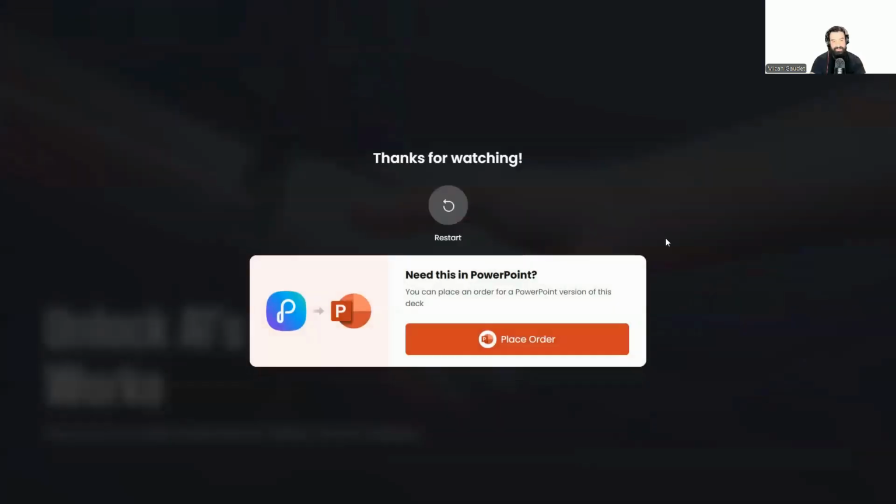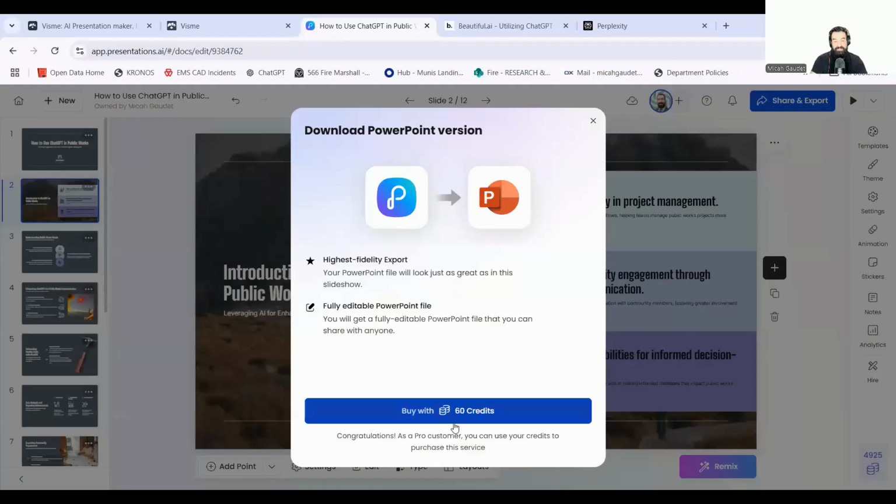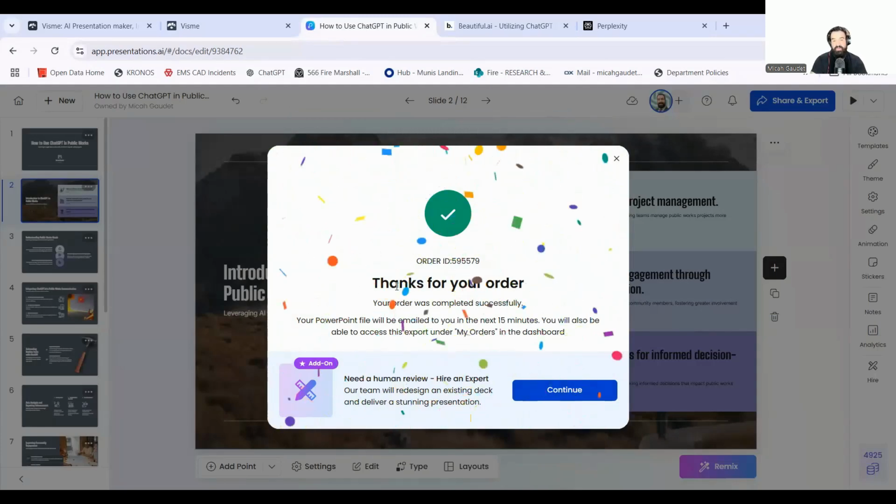Now, one thing that's kind of cool about this and why I like Presentations.ai, and why I think this is really awesome, is you can actually put this into PowerPoint. If you click place order, it'll export this. You can buy it with credits. And then in the next 15 minutes, we'll get a PowerPoint presentation of what we have right here, which is